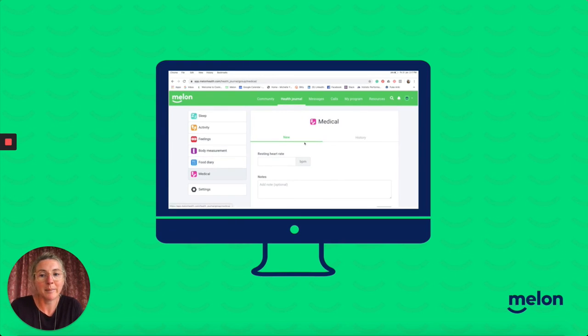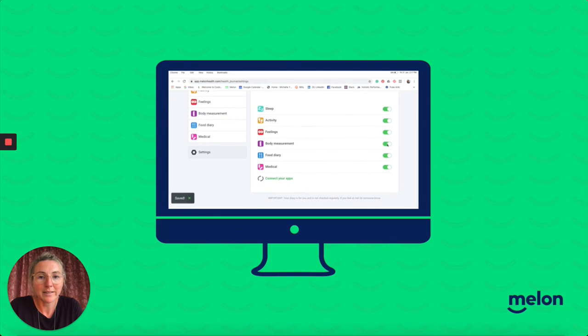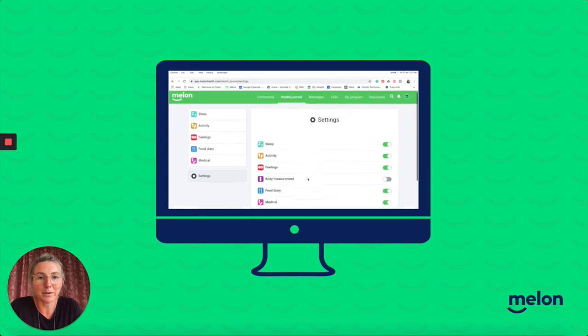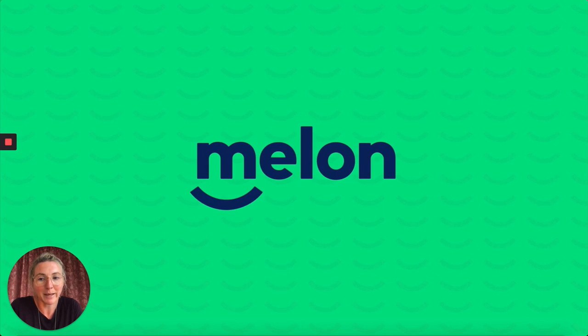You can add in any medical notes that come up as you go. And if you go into settings, you can change which comes up on your screen and what doesn't, simply by clicking. You can also connect this to your Fitbit or any other apps you would like to, but there is